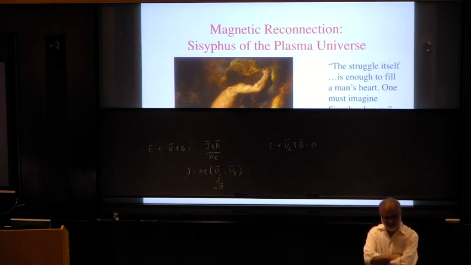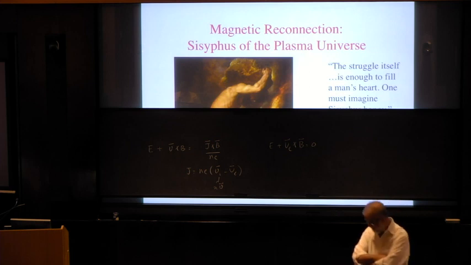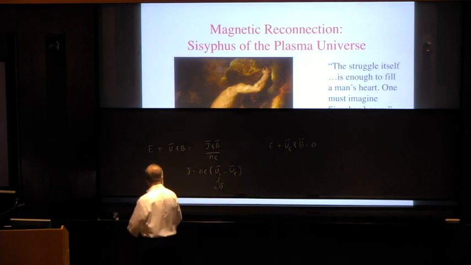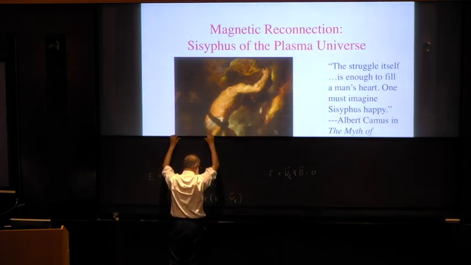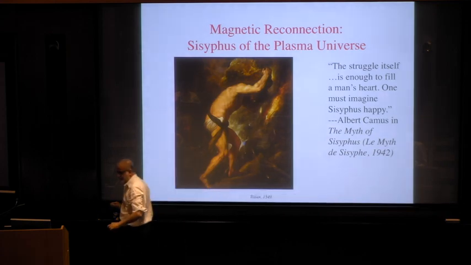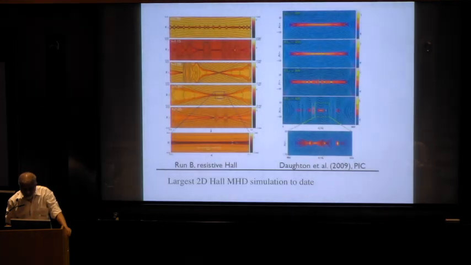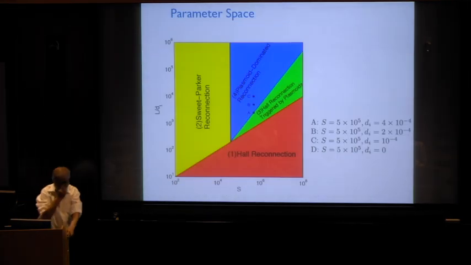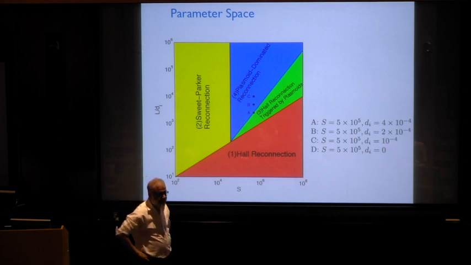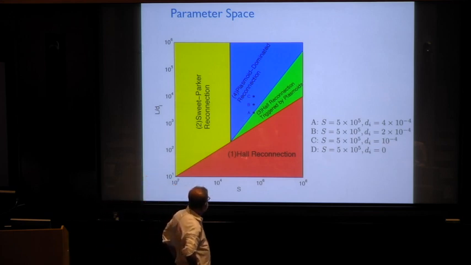Why did you have this transition from Hall reconnection triggered by plasmoids to Hall reconnection that doesn't care about plasmoids as you change the length compared to the...? Okay, so